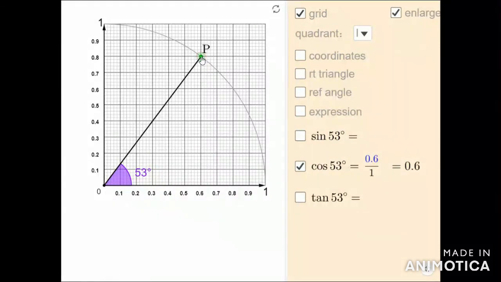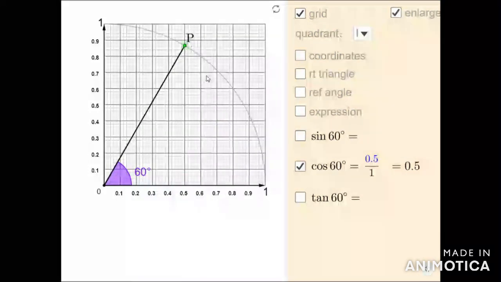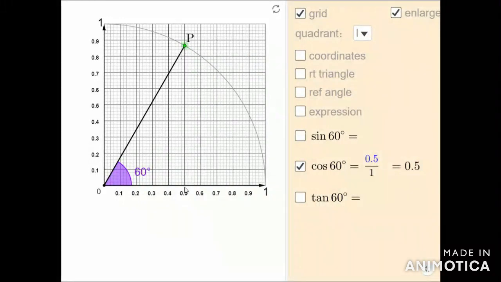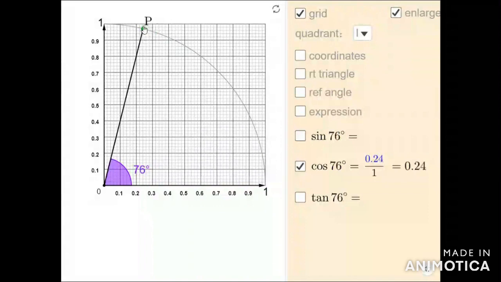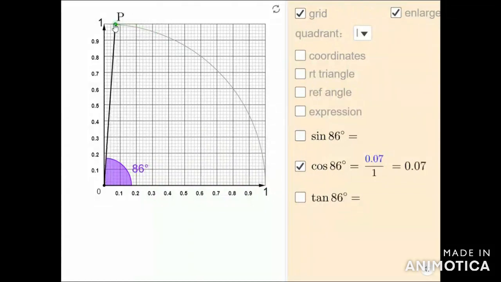and you know the value of cos 60 degree. And what is the value of cos 60 degree? Cos 60 degree equal to 1 by 2. Therefore here cos 60 degree is equal to 0.5, which is the x coordinate of the point. You can still increase and the x coordinate reduces, and when the angle is 90 degree, the x coordinate is equal to 0, therefore cos 90 is equal to 0.